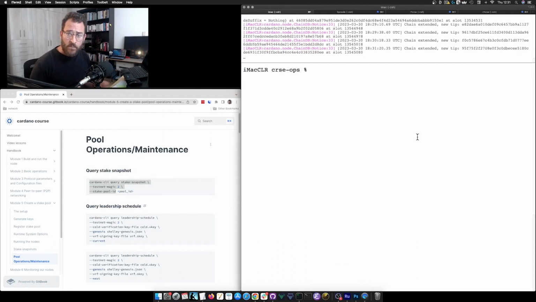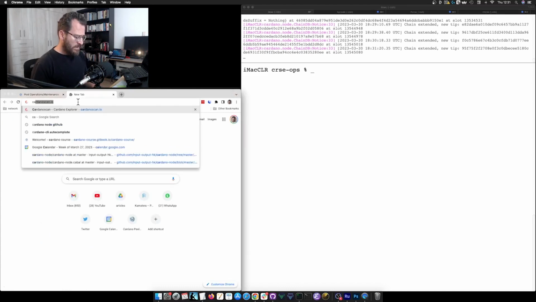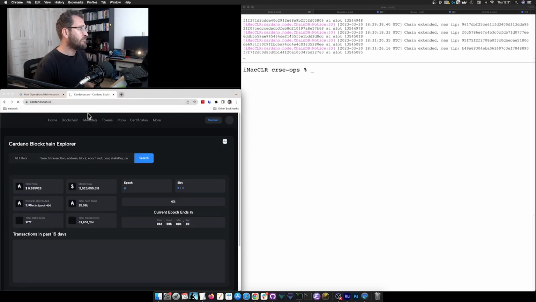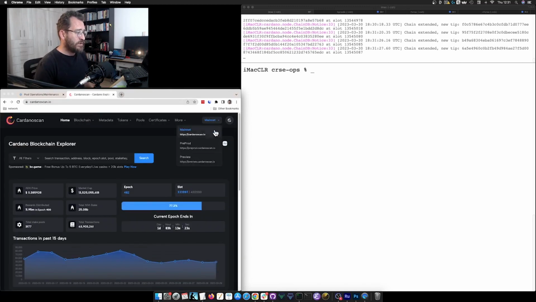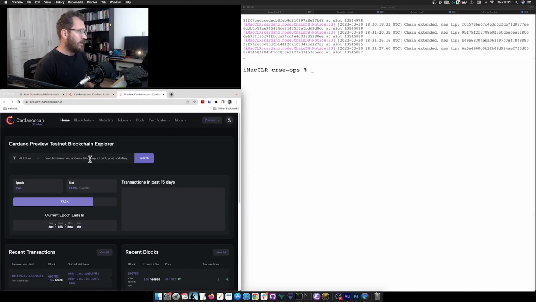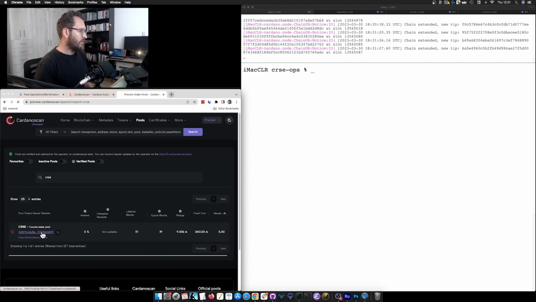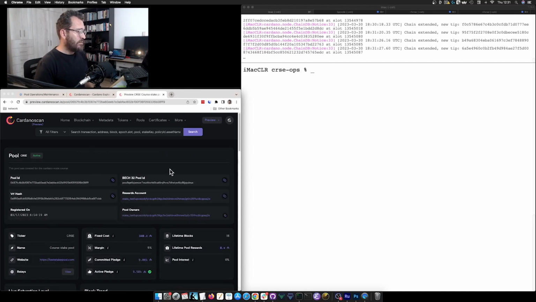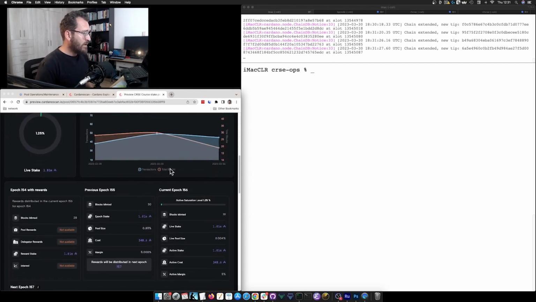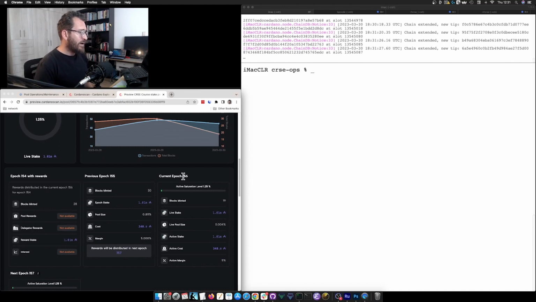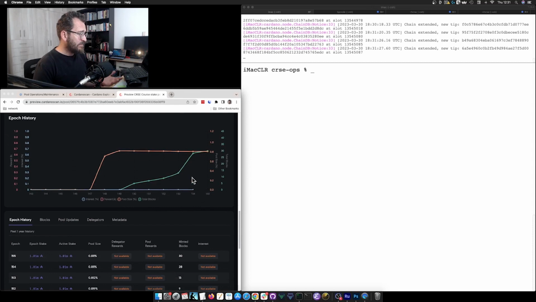It has been producing blocks. It's been doing a good job. Let me just show you again in cardano-scan.io. I can come to the preview testnet and search for my pool CRSE, and it should appear here. And right now we are on epoch 156. So my stake pool has been producing blocks